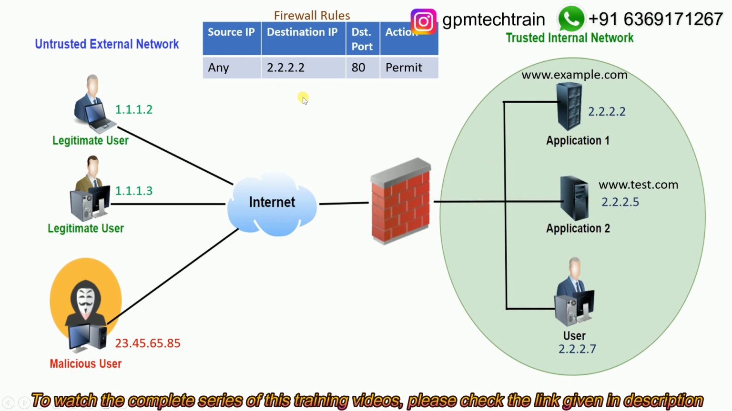However, there is a hook here. Just consider that he's a malicious user. He's not a legitimate user, he's a malicious user. He may be a hacker, an attacker. As I said, he's a malicious user. And in case he wants to connect to this application 2222, when his request is coming here,